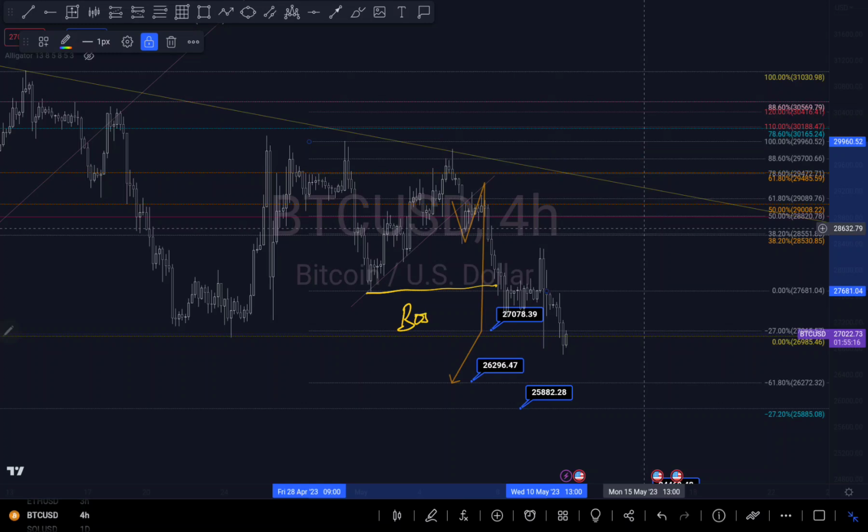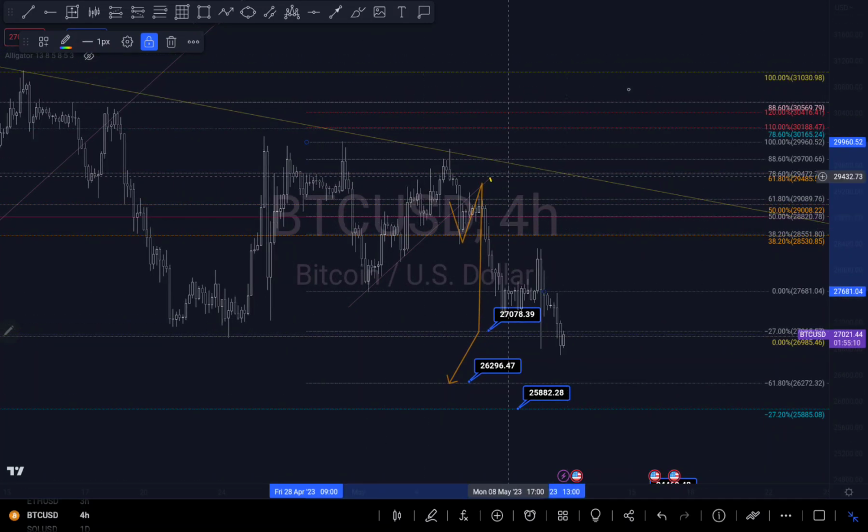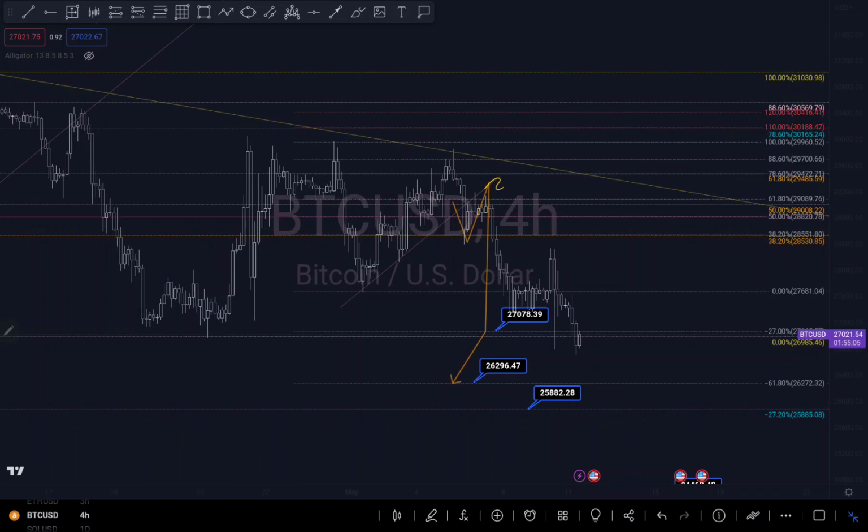So I predicted Bitcoin to drop, and when we broke the structure, I see it also broke this trend line right here. I predicted that as long as we retest that trend line, there's a possibility that we might push it downside. I think it was around this level of price, and we retested that level, and I said my first target is my negative 27% fib level, which is 27028, and we can see currently we dropped to that level.